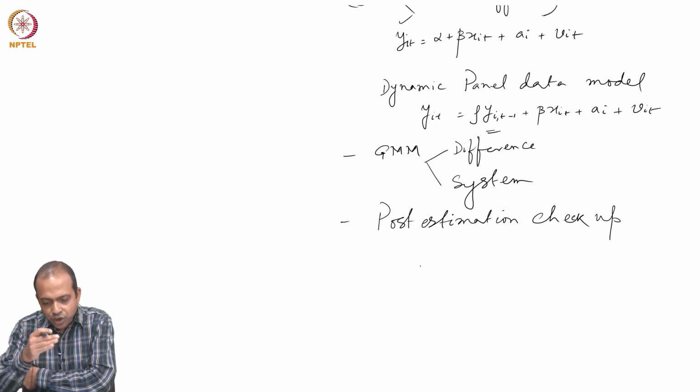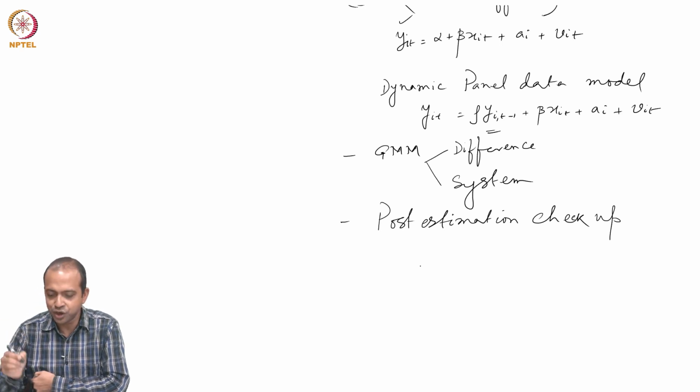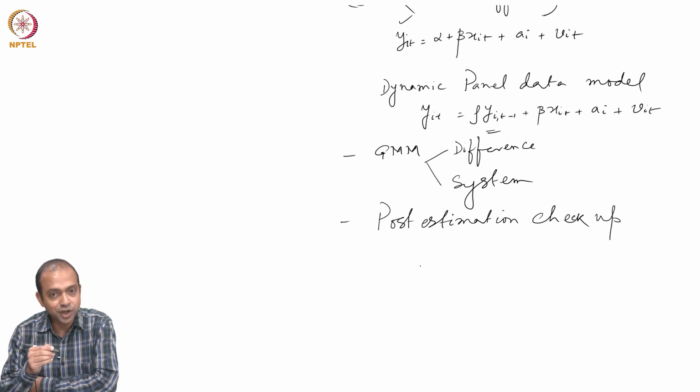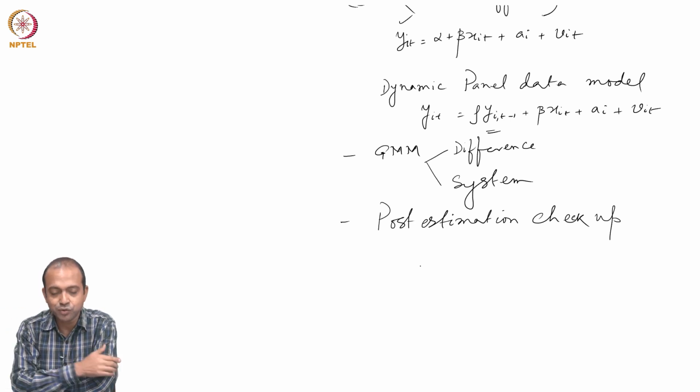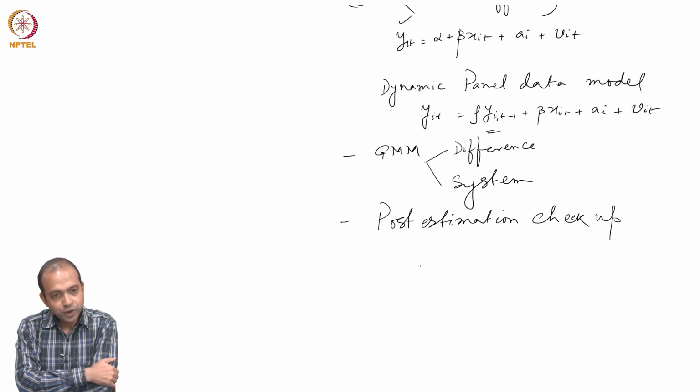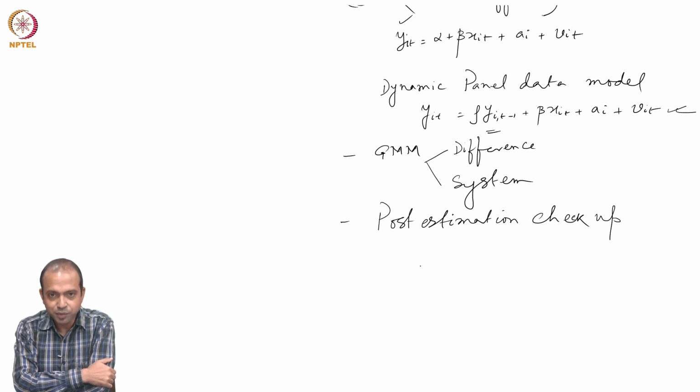So, we will discuss what different transformations are required to estimate this type of model. Why can't we apply OLS in this context? Why can't we apply the fixed effect transformation that we learned earlier in a dynamic panel data situation? Neither OLS nor FE can be applied to estimate a dynamic panel data model. If we do so, we will end up with dynamic panel bias.